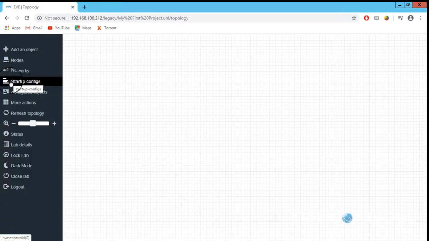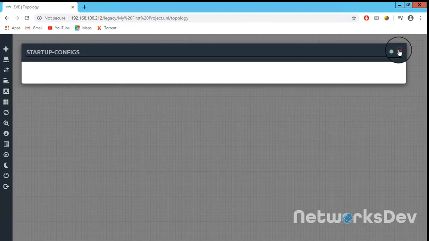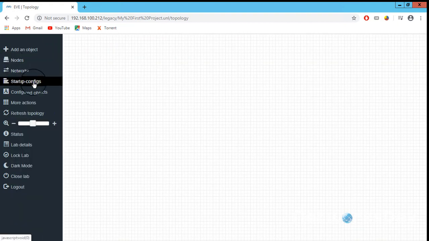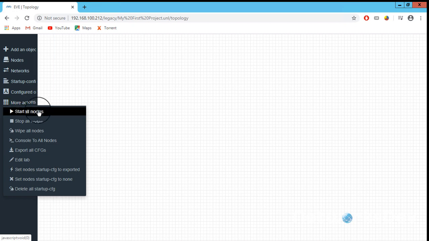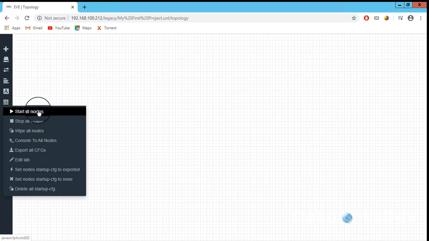This is for the startup configurations, and if you want to see the configuration on your devices, go to more actions, and here you can see some fields. If you have 10 or 20 devices inside your project, with a single click you can start all your devices.